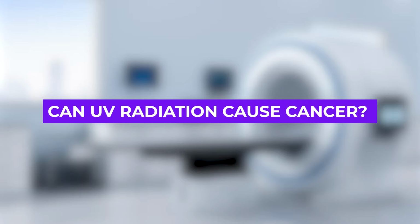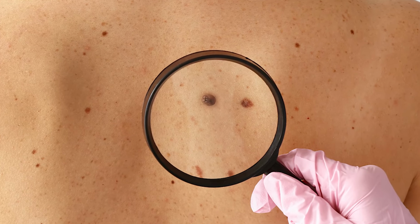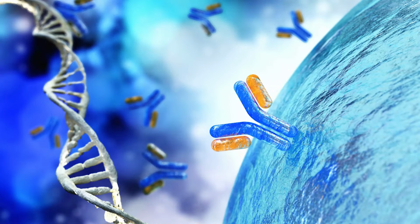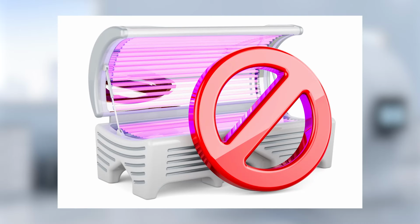Now the big question: can UV radiation cause cancer? The answer is yes. Exposure to ultraviolet rays, especially from the sun, is a major risk factor for skin cancer, including the most serious kind, melanoma. But it's not just about cancer. UV radiation can also cause sunburns, premature aging of the skin, eye damage, and even affect our immune system. But here's the good news: we can protect ourselves from UV radiation. Staying in the shade, wearing protective clothing, using sunscreens, and avoiding tanning beds are all effective ways to reduce our